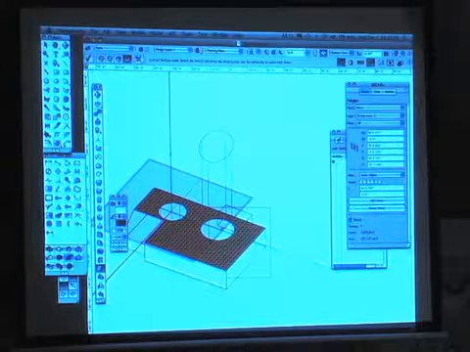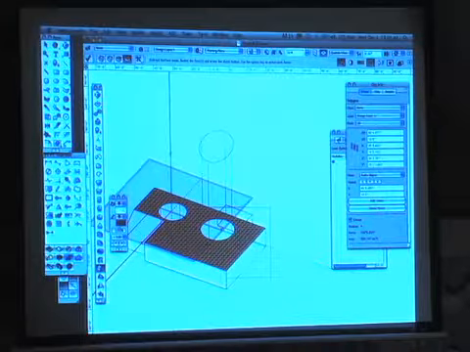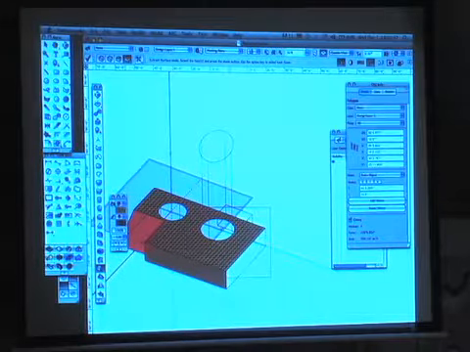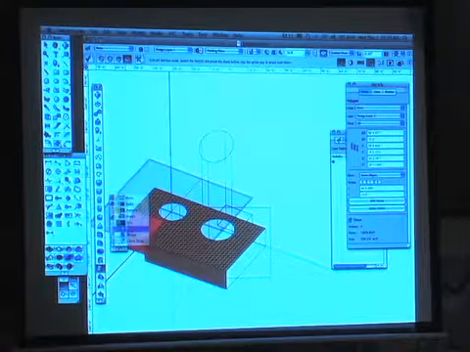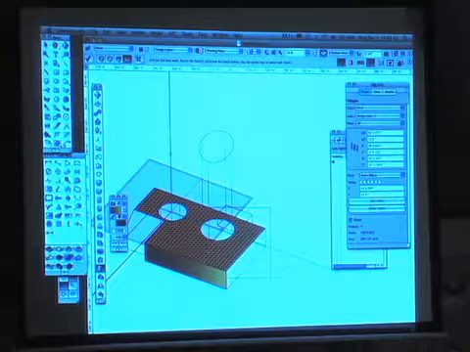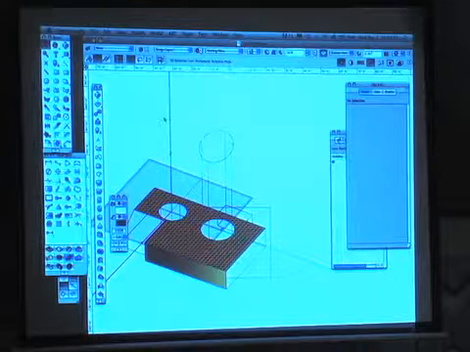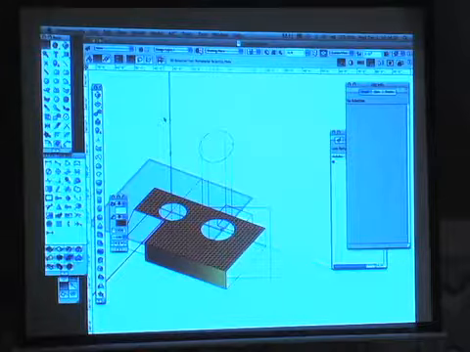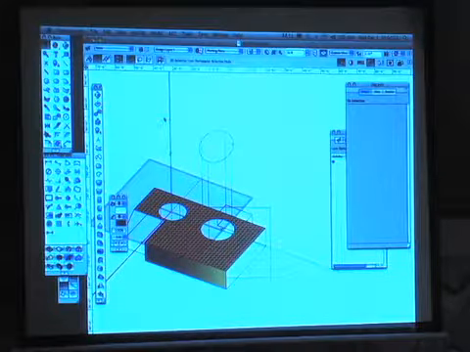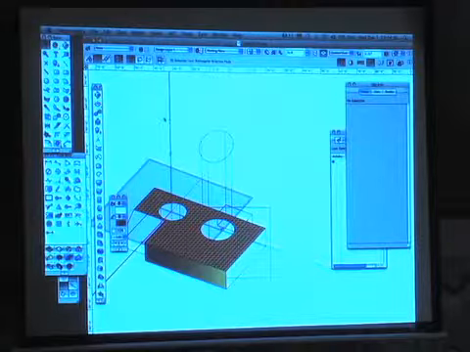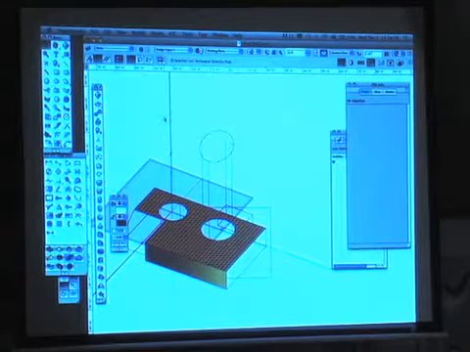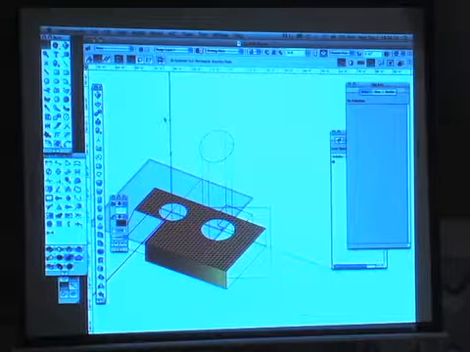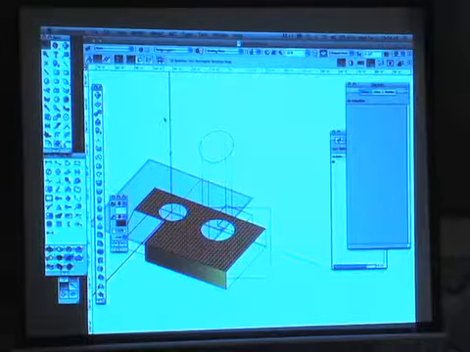So I can extract that face. It becomes a polygon. I can then again apply a color to it, apply a gradient to it. So I don't have to go in and texture all my objects now. I can take a wall, extract the face from it, and apply a brick hatch or a siding hatch to my drawing, and then when I put my viewports together, it's going to have that associated hatch now,